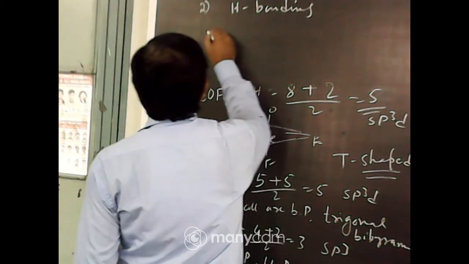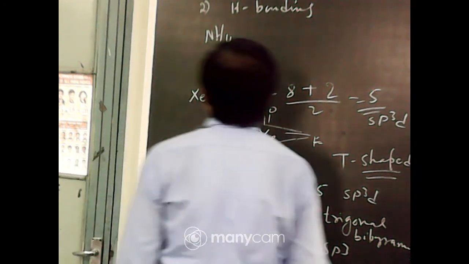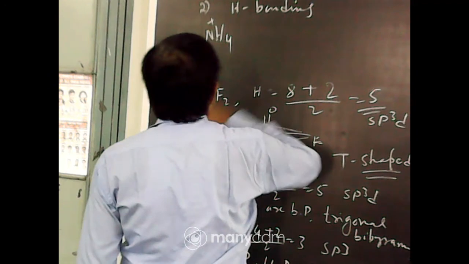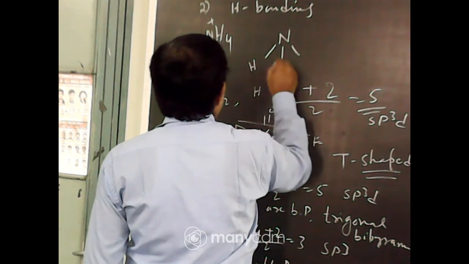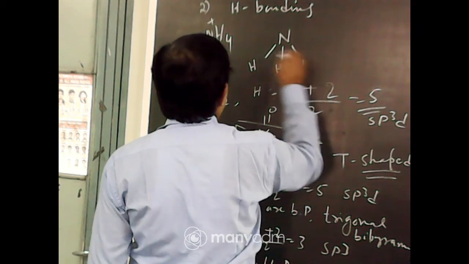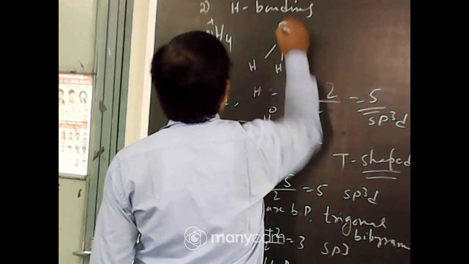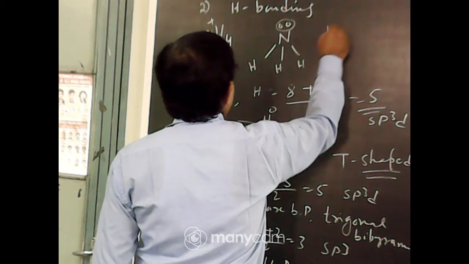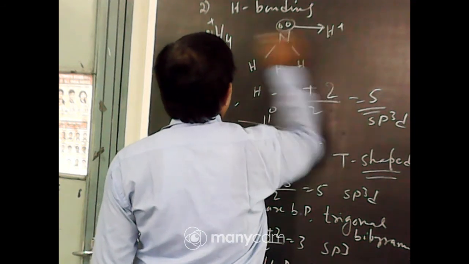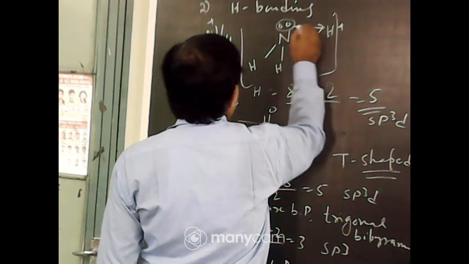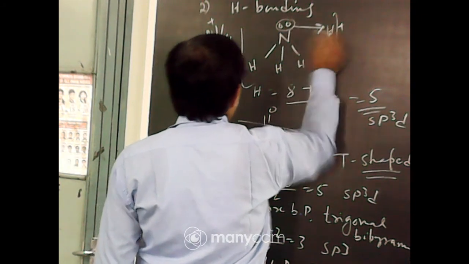For example, the very simplest example you have already learned in class 10. Say NH4 plus, what will be the structure? You know that in the ammonia molecule, the 3 hydrogen atoms form 3 covalent bonds with 3 valence electrons of the nitrogen atom, and there is a lone pair of electrons. Now H plus has the vacant orbital. This lone pair of electrons is donated to H plus to form a coordinate bond. This coordinate bond is represented by an arrowhead from donor to acceptor.